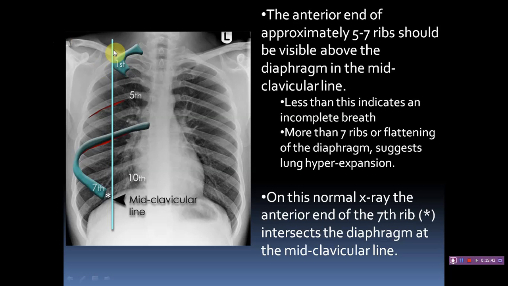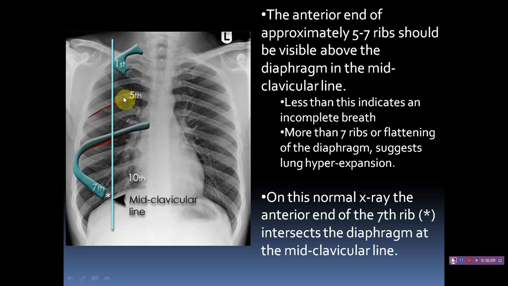At the same time, see, this is the mid clavicular line, which passes through the mid clavicle, at the first rib. You can see the border of the first rib, and it should reach the tip of the 7th rib here. It means that the mid clavicular line divides the right side of the lung.